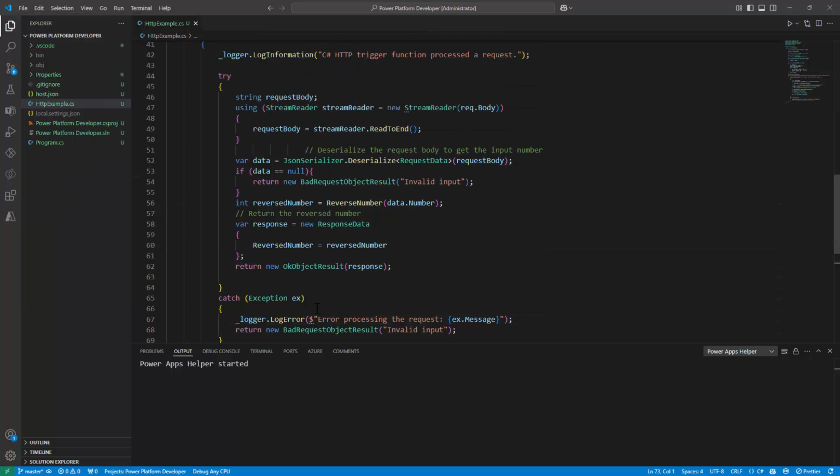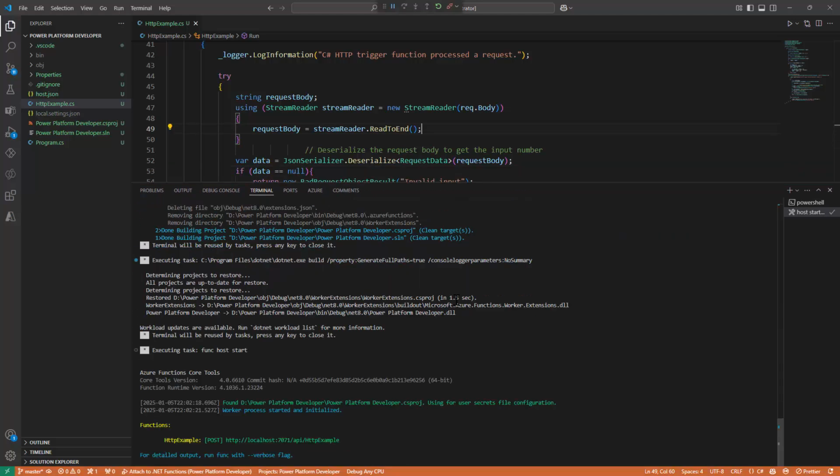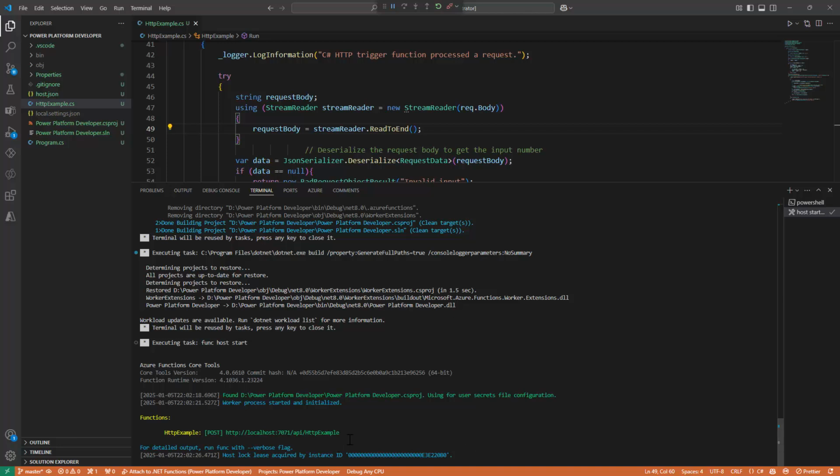It should be auto saved anyways. And what I'm going to do is hit F5 on my keyboard. If you see, my build has started and it's trying to build it. Our project has been built successfully and it returns me an endpoint. What do I do with this endpoint? To use this endpoint, I need to use